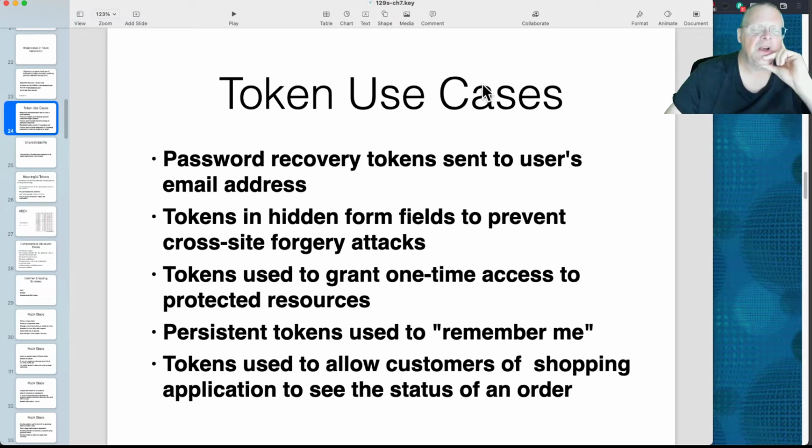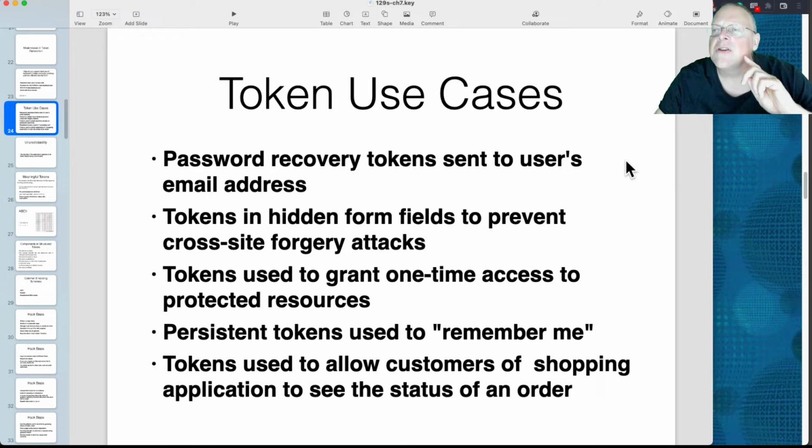So here's a use case of tokens. You send somebody a token. m.facebook or /n. I can't quite see it up there. Yeah, there are other Facebook domains out there. Anyway,